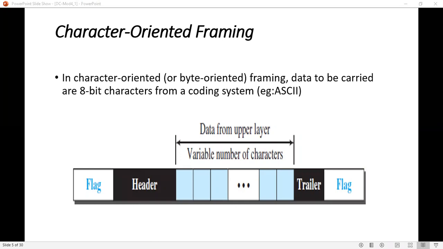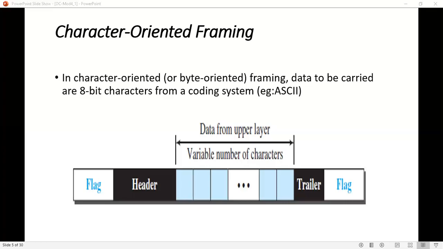But nowadays we want to send not only text but different types of information like graphs, audios, videos, etc. So however or whatever method you use to select the flag, this flag might appear in between the data, and the receiver might think that the end of the frame is reached.